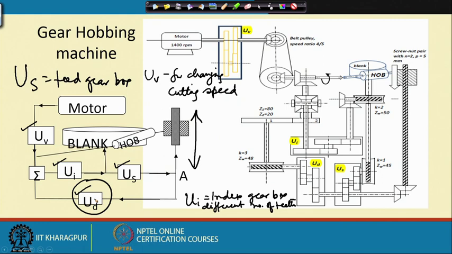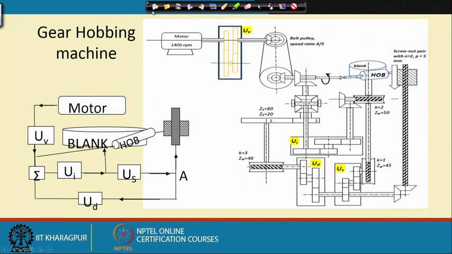Okay. So, I would like to show you some calculations. Let us see whether we can do it very fast. Yes. For example, suppose I am interested to get this UV designed. What should be the value of UV? Now, where is the hob rotating? The hob is rotating here. So, let me give you some values. I want